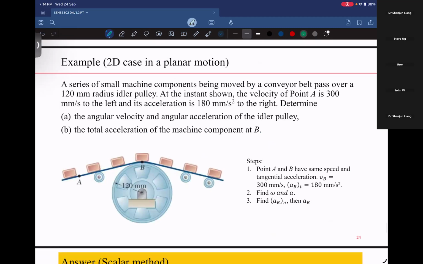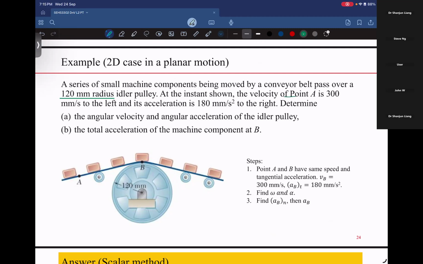Okay, so we just continue from the belt drive on this example. A series of small machine components being moved by conveyor belts pass over a radius idler pulley. Okay, a conveyor belt. So many components. The brown color components move. At this instant, we know the pulley has a radius of 120 millimeter. At the instant, the velocity of point A is 300